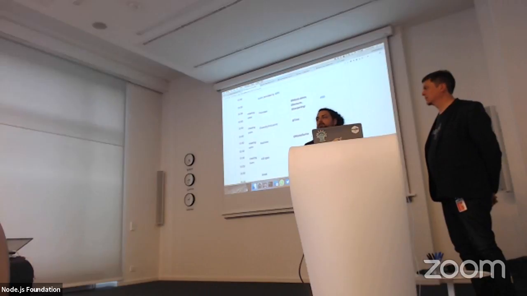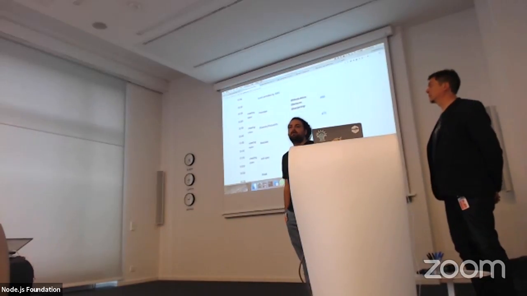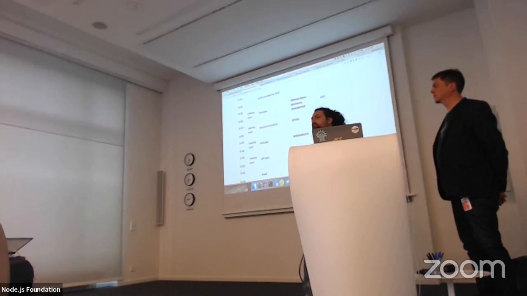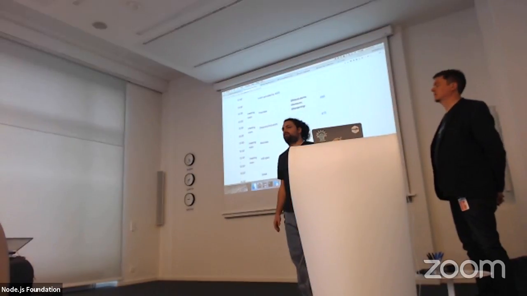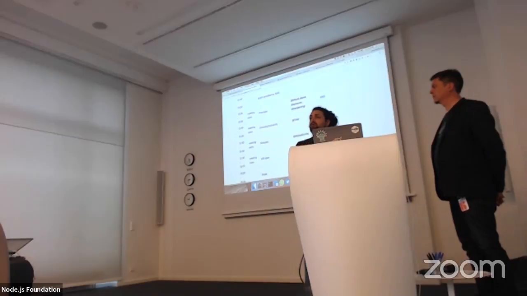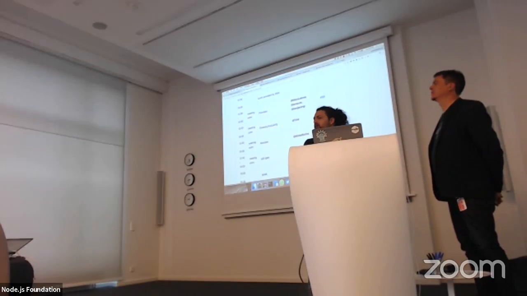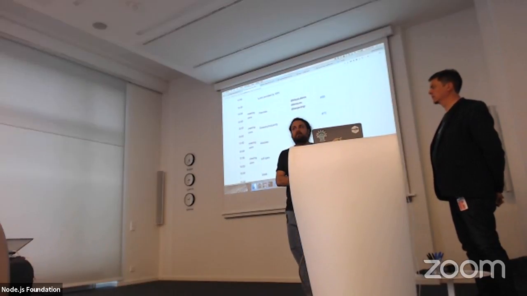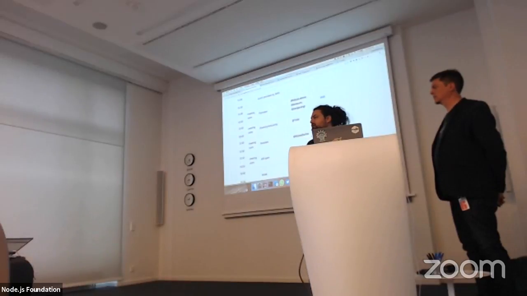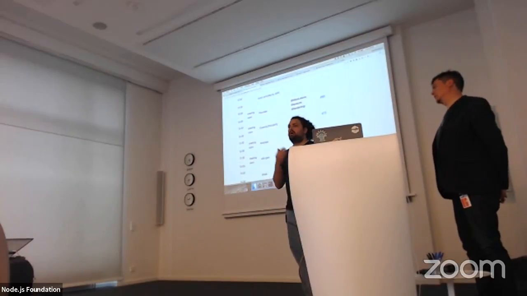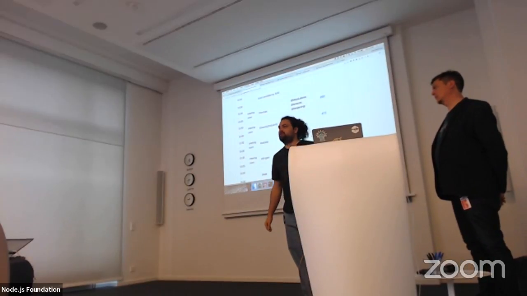Things are moving forward. I think one of the biggest takeaways from the meeting was we've been in an iterative process for a while, and there are some real deadlines that we need to meet, especially if we want to, for example, see modules unflagged in LTS for Node 12. So moving out of this, we're going to go back to the group, and a lot of the people from the team weren't actually here, so we didn't really make any decisions, but we're going to go back to the team and work backwards from a deadline of the LTS date, about a year and a half to October of 2019, when 12 would go LTS, and start thinking about what kind of deadlines we have if we want to be able to ship that.